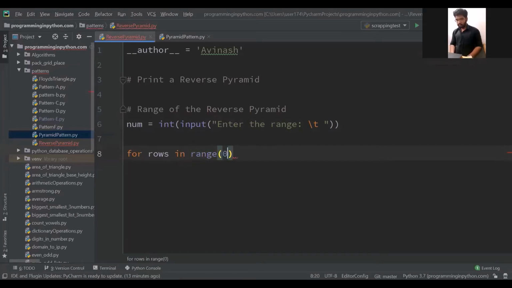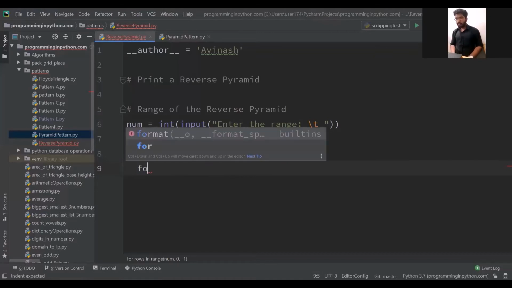I said we have to go from 5 down to 1, so for rows in range num, 0, and step is -1. This will go 5 4 3 2 1 if we take num as 5.